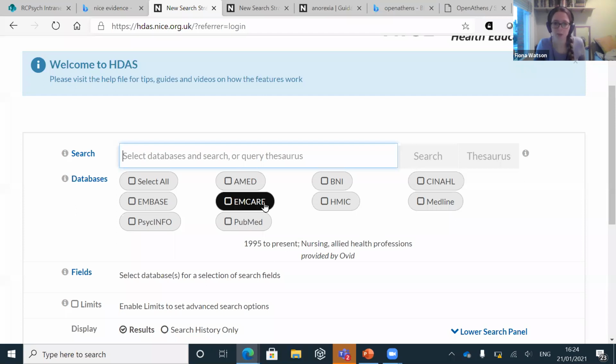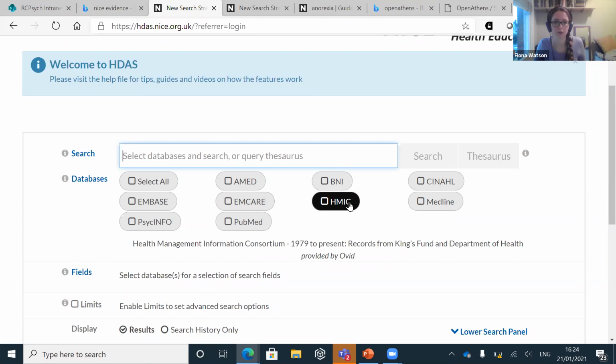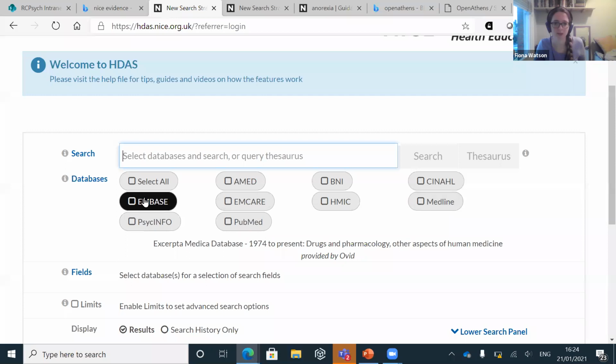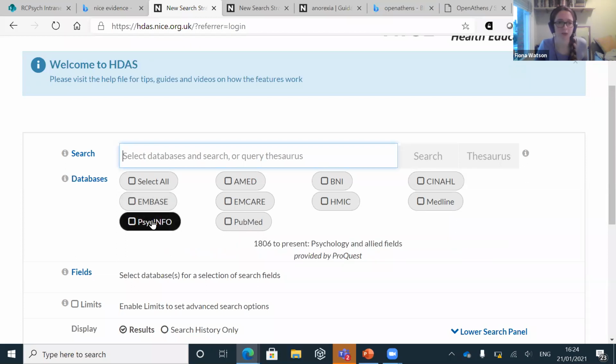And there's some that you probably won't want to use, so the nursing databases. And there's an informatics one as well, which I don't use very often. But the ones I use regularly are PsycInfo, most regularly. And then Medline for general medicine, Embase has a drugs and pharmacology slant on its general medicine. So that can be really helpful if you're interested in a particular drug. But we'll start in PsycInfo today.